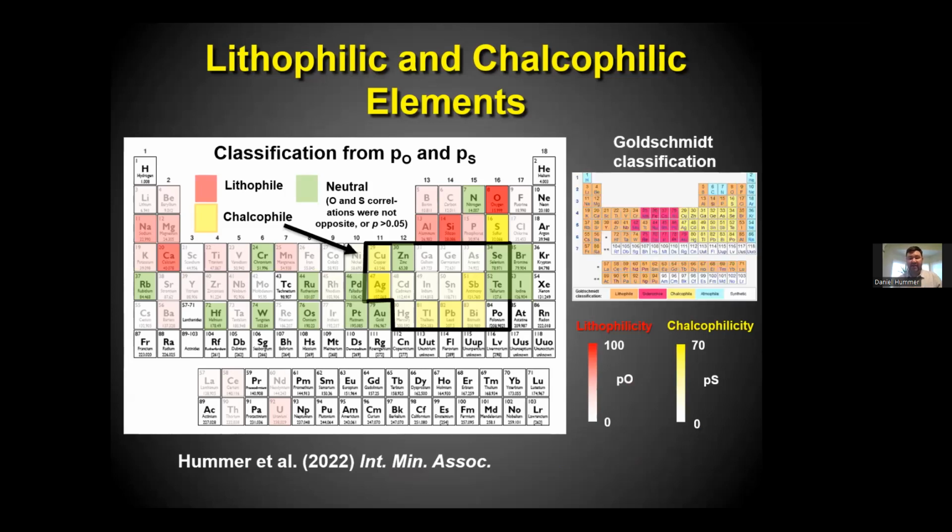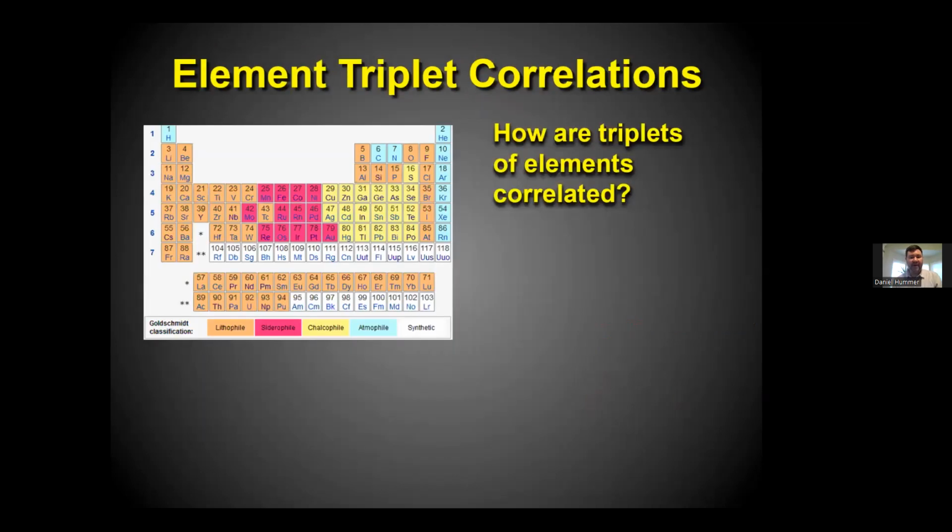And if you compare this to the actual Goldschmidt classification and look at that same box, there they all are. The box containing all of those elements was actually classified as being chalcophile in behavior, but now we can see it in more detail. So, we get a very strong correlation with what we previously knew, but now with a lot more information. I haven't gotten to mineral evolution yet.